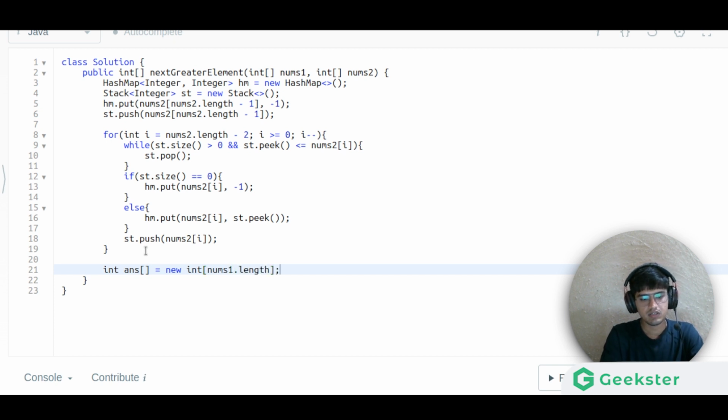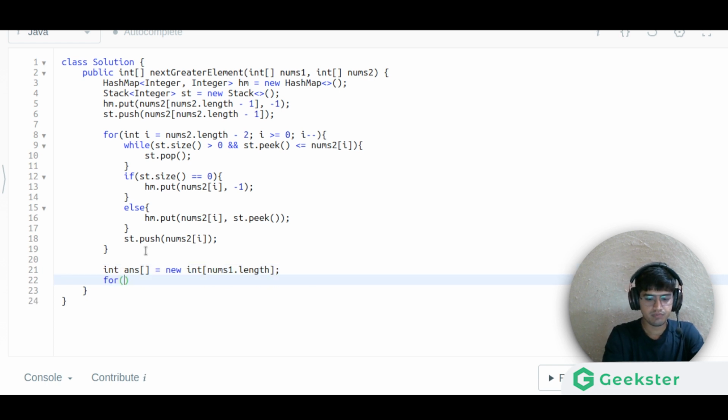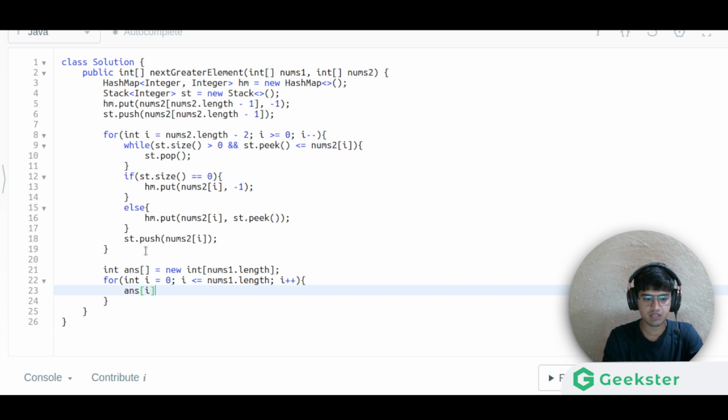Now we'll simply run our for loop for int i equals to 0, i less than nums1 dot length, and then i plus plus, and what we'll be putting in our answer of i is hm dot get nums1 of i, from the hash map we need to get the values.